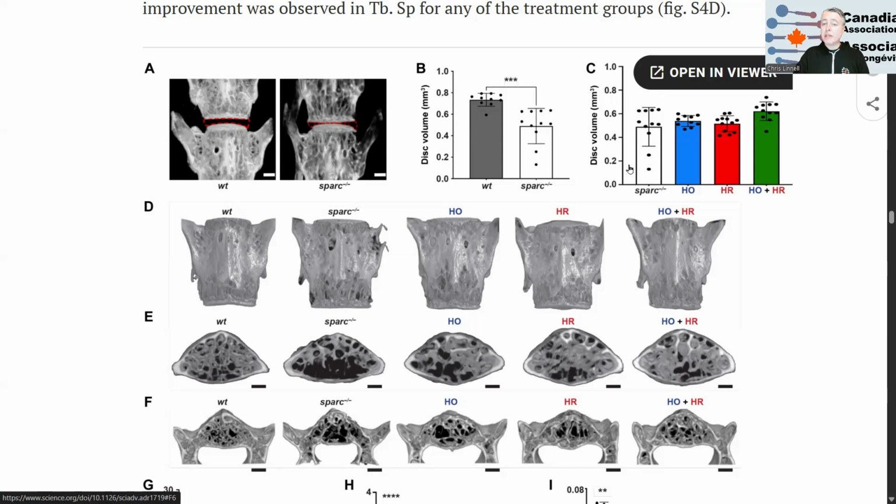However, this volume increased upon treatment, and here we've only got 3 of the groups, so high-dose vanillin on its own, high-dose RG on its own, or the combined high-dose vanillin and RG. And just like in the previous figures, the combined high-dose group performed best, which saw a greater increase in volume, though this did not match the levels of the wild-type mice. If you compare, it looks like it goes to like 7.5 there, and only rises to 6 in the